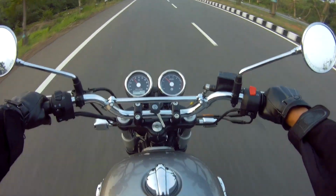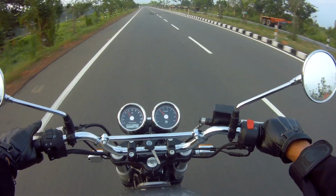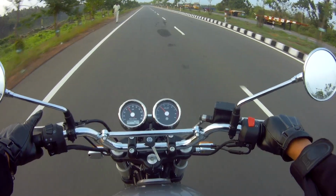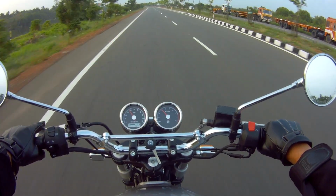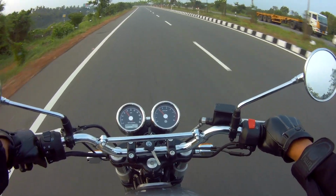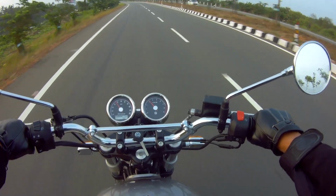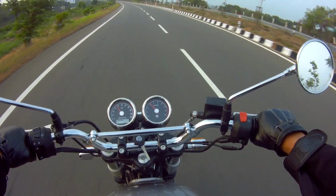Up for suspense, here is the new bike. I got delivery of this Silver Spectre Interceptor 650 last week. I had booked in the first week of March. I had initially booked for Ravishing Red, but then later changed my mind to Silver Spectre, and then they said the stock is readily available. So it was a surprise for me. I could get the bike shortly, within less than 3 months' time,